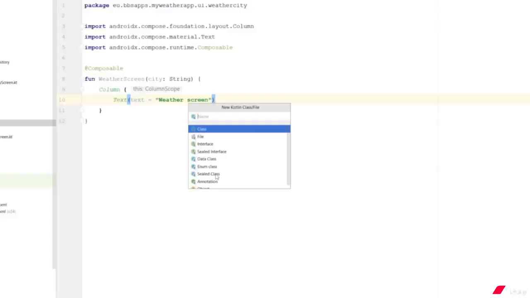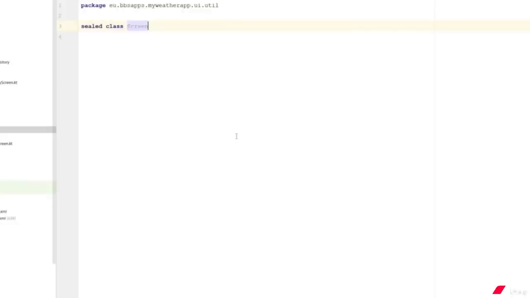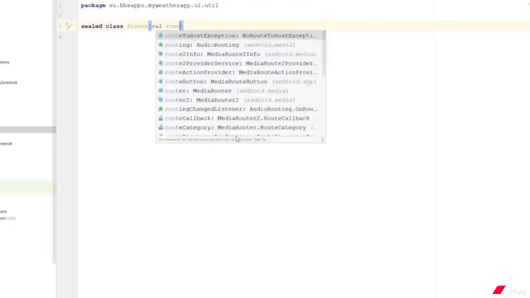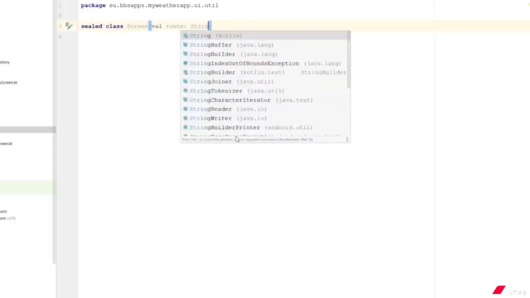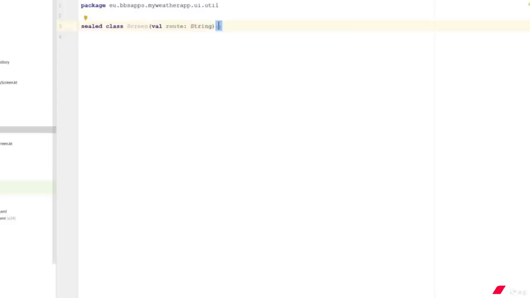First of all, new Kotlin file class will be a sealed class, call it screen. It will have a parameter called route, and it will be string. Open curly braces. Inside it, we will declare our two screens. One is choose city screen. It will extend screen with the route of choose city screen,